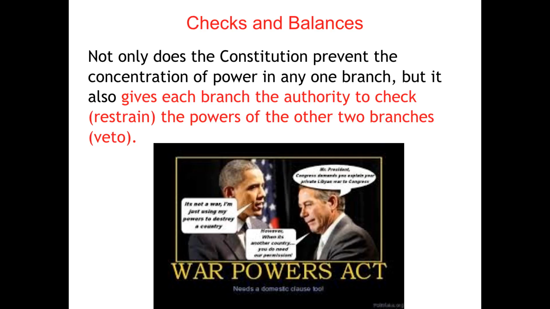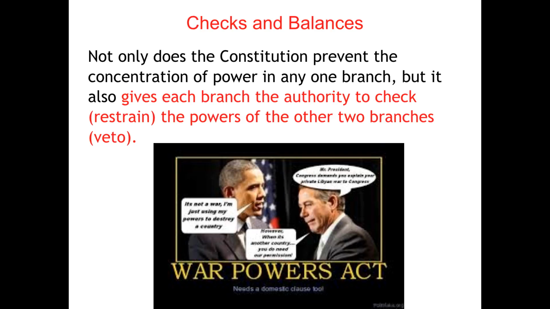But the War Powers Act is probably unconstitutional, but I thought I'd bring it up now. And also, you're being introduced to a new word this time, the veto. The veto is in the purview of the executive branch. They can receive a piece of legislation from Congress, and the president has two options. The president can sign the bill, which means that it becomes law, or the president can veto the bill, which means that it is sent back to the House and the Senate.